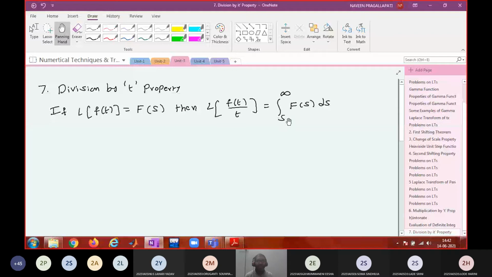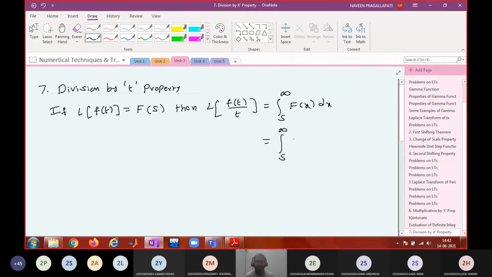I said several times, the limit and the variable used in the integral should not be same. Do you remember that point? Limit symbol and the integral. But this is a mistake that you see in most of the books. Most of the books will have the result like this, which is absolutely wrong. So I will use some other symbol. Let us say integral from s to infinity of F of x dx.